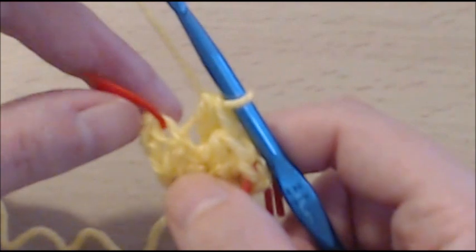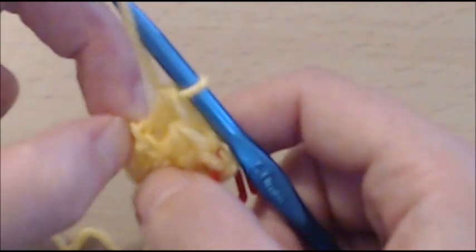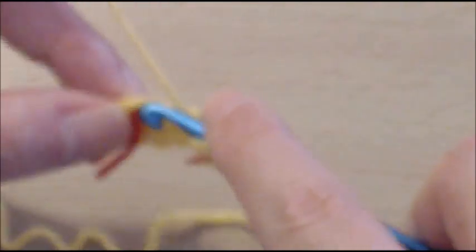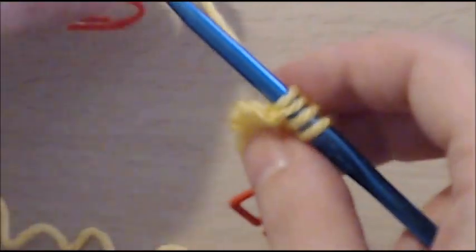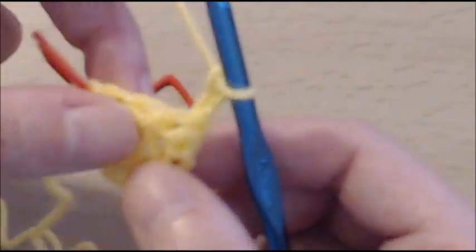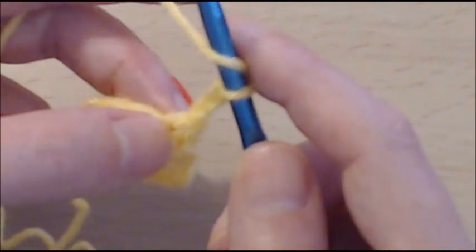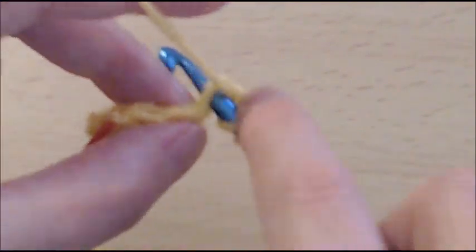And into that very last stitch, unlike option 1, where in this one we went through the front of this one here, but in this particular stitch we're just going to go through both loops and do a regular half double crochet. So right here I'm going to remove my stitch marker and do a half double crochet. Chain 2, turn your work around, and this is where our repeat begins. So in that first stitch we are going to do 2 half double crochet. Every row you will always start with an increase, every single row. So 2 half double crochet in that first stitch, place a stitch marker,